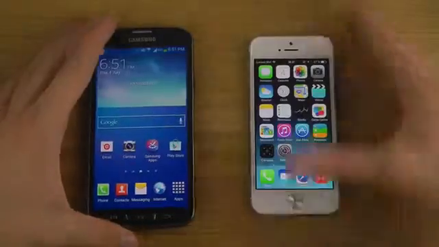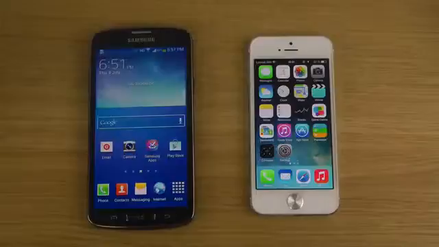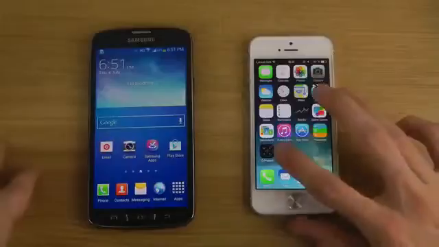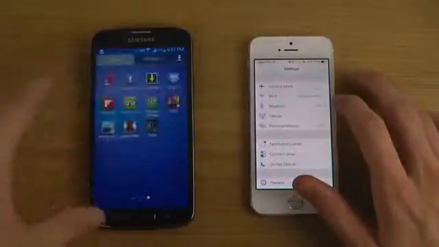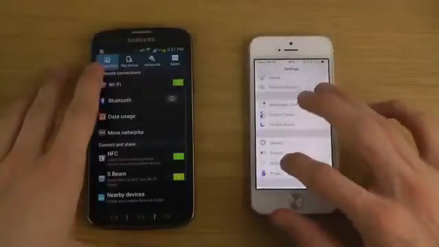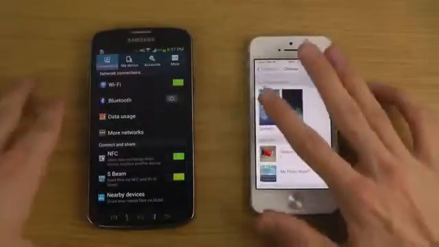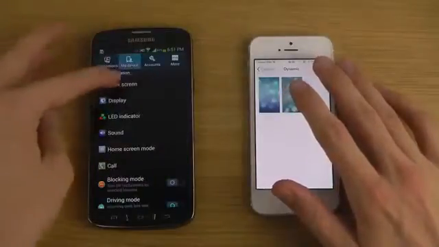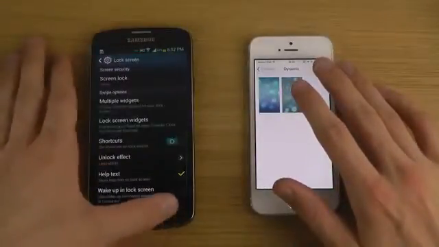And of course both here are 8 megapixel cameras, and I might be taking a look at that in another video if you are interested in that, and also benchmarking, browser and gaming, comparing it against Apple's latest iOS. You do have, of course, live wallpapers on both, and the funny thing is that it seems like Apple is almost copying Android here. It's pretty funny. I don't care that much, but if we go back,